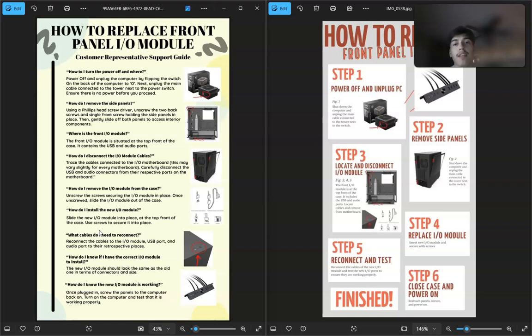steps effectively. On the technician infographic on the right, I included the actual steps of removing and replacing and reconnecting the module, and I decided to omit some of the background information and explanations that customer support might need, as technicians are usually already familiar with basic hardware replacement, and things like making sure you got the right part for your computer should be second nature for most. Instead, I emphasized clear and concise steps with relevant images for each, and supporting a more practical